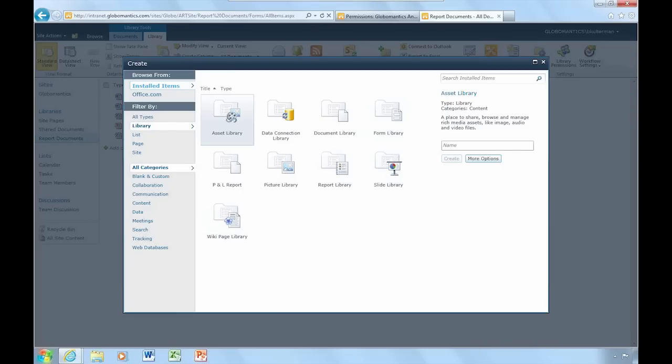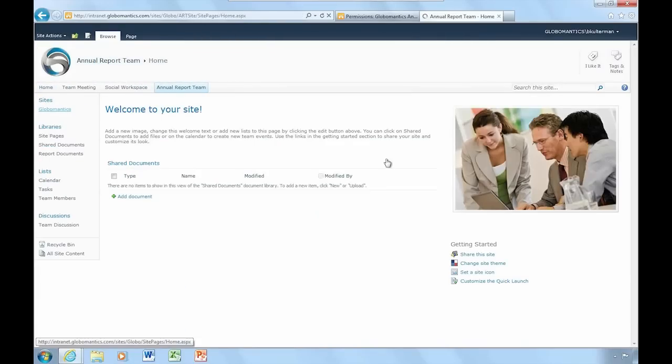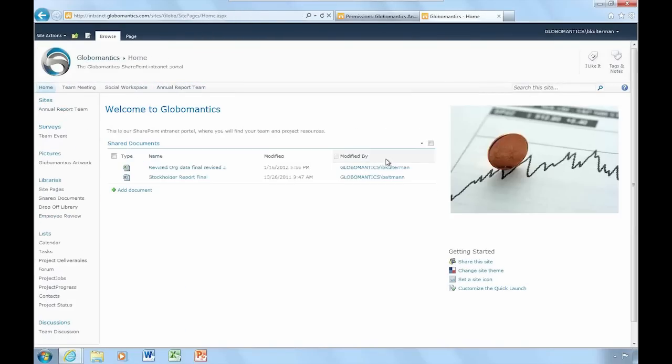If you put documents, docs, or PDFs into a library, will its contents be found by the main search bar on the site? If you turn on the crawler, the web crawling in the search, there's a lot of work that goes into setting up search in SharePoint. Again, I don't have the time to do it justice today, but yes, you can set it up. You can also create an entire search site that will have really fine-grained search permissions, search